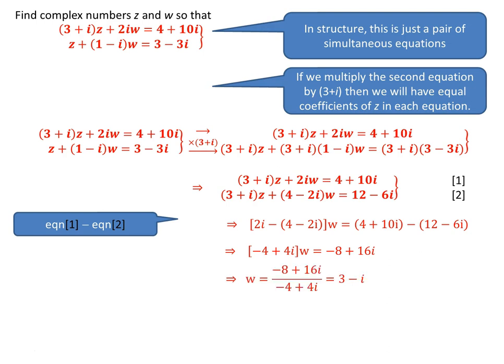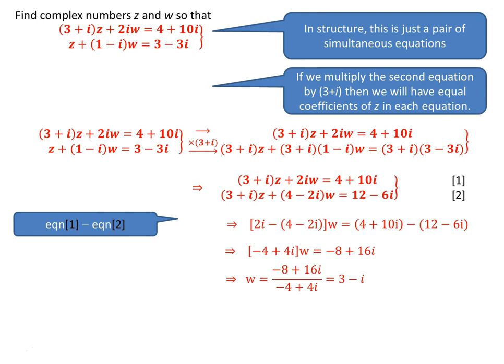So w must be minus 8 plus 16i divided by minus 4 plus 4i. Now the complex number division there we can do either by multiplying top and bottom by the complex conjugate, or we can get our calculator to do the work for us. So we end up with w equals 3 minus i,